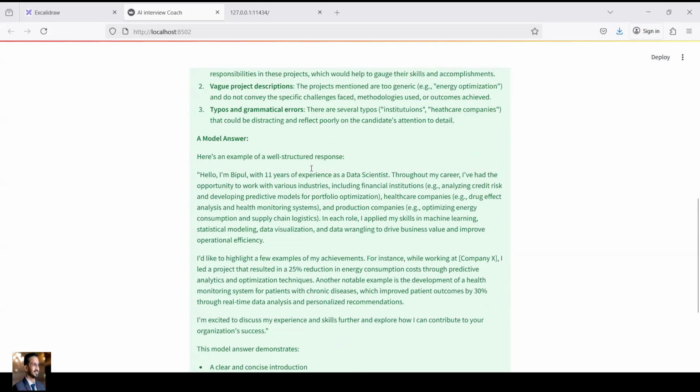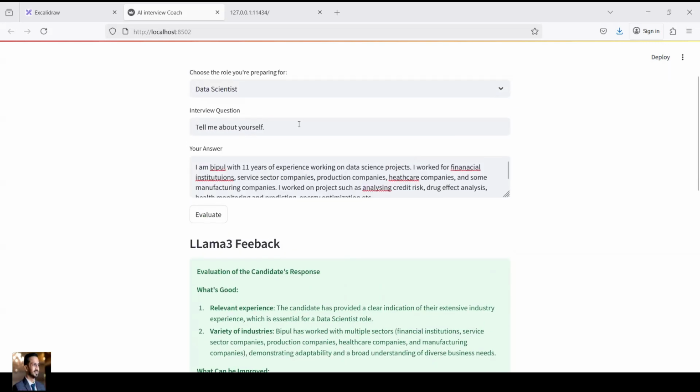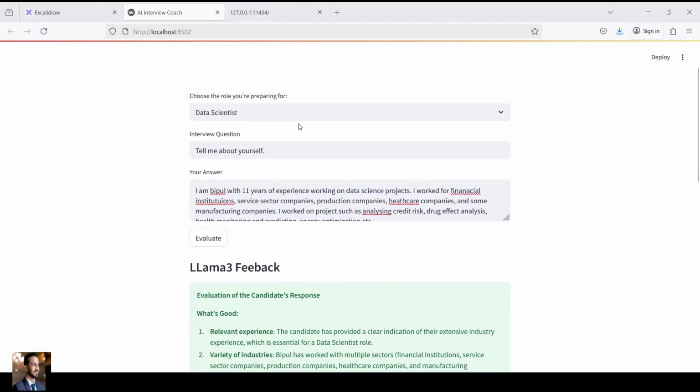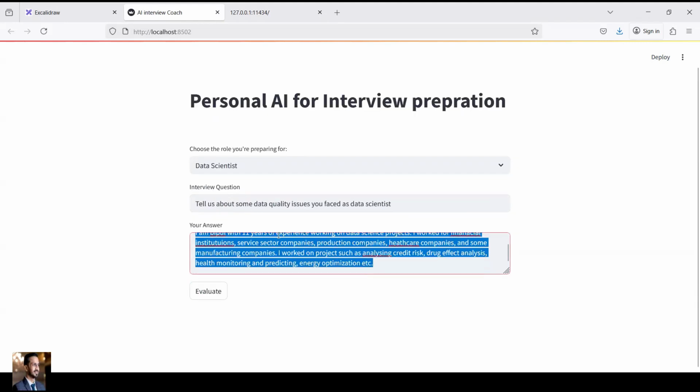Now suppose there is a question, right? We can also prepare some of the questions using a similar kind of LLM model, but suppose there is a follow-up question over here. So it can be like this: tell us about some data quality issues you faced as a data scientist. Okay, so let's say I'll give a very generic answer, right? So the answer can be like this: